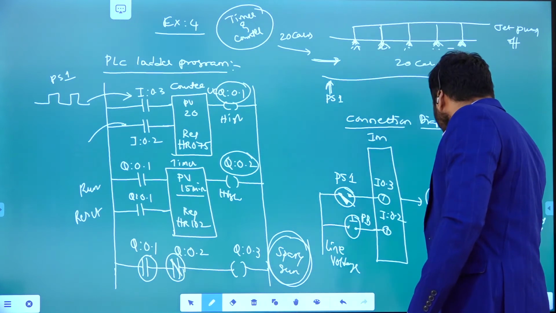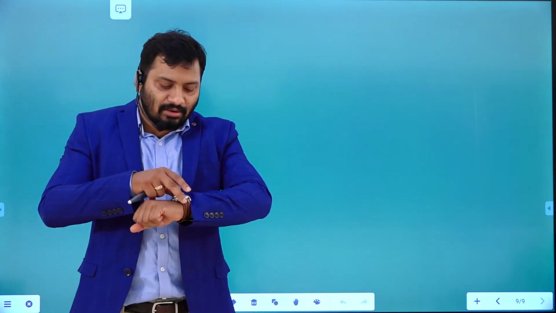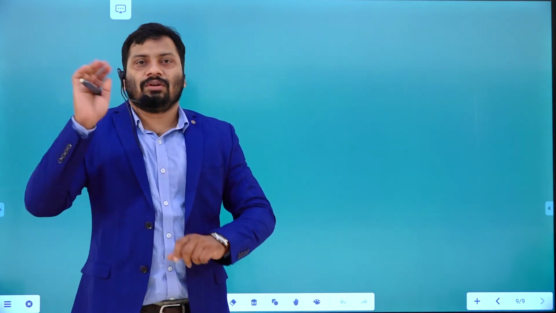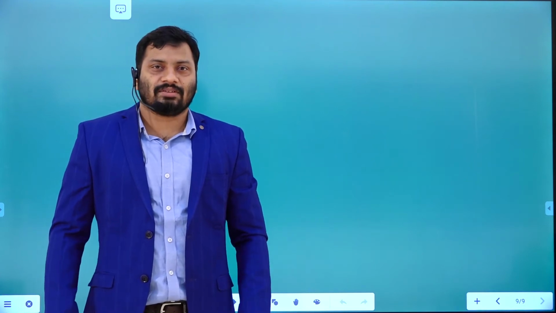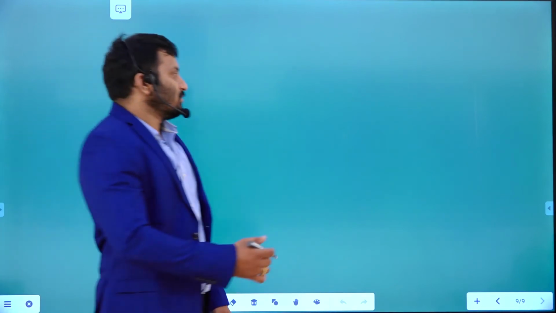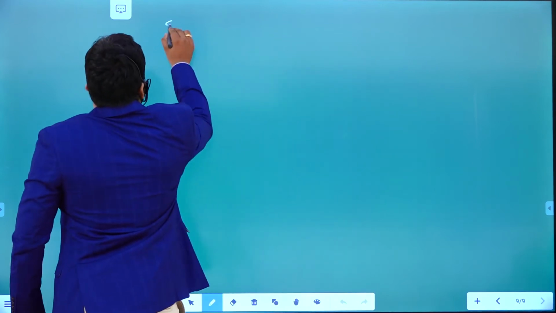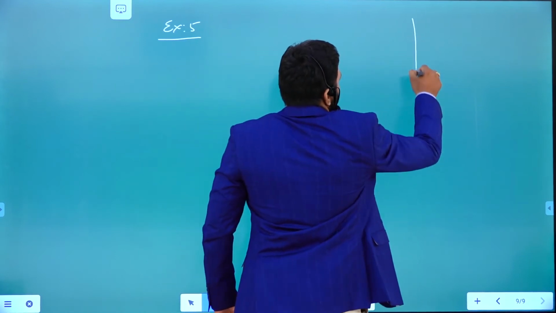We will see another example. Now the thing is like this: allow 20 or 50 students into this particular room after 1 hour. Right? Stand here, count. After 20 minutes, allow 50 members into this particular room. That is our application, for example, right? For that application, you just write a program by using the counter and timer, right? So this is another example, the fifth example. There is a room. For example, this is the room.